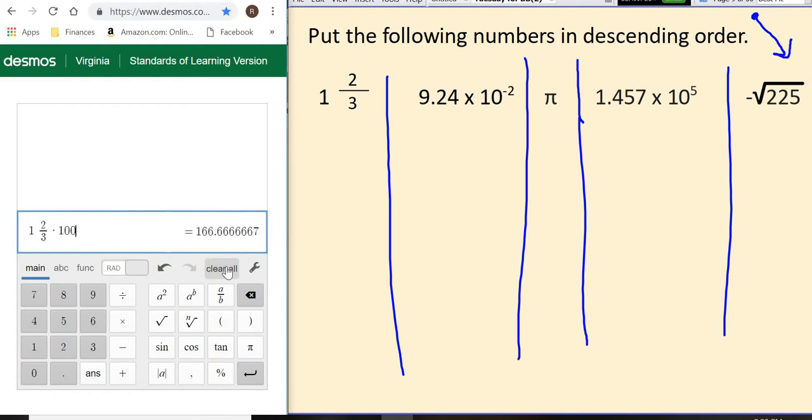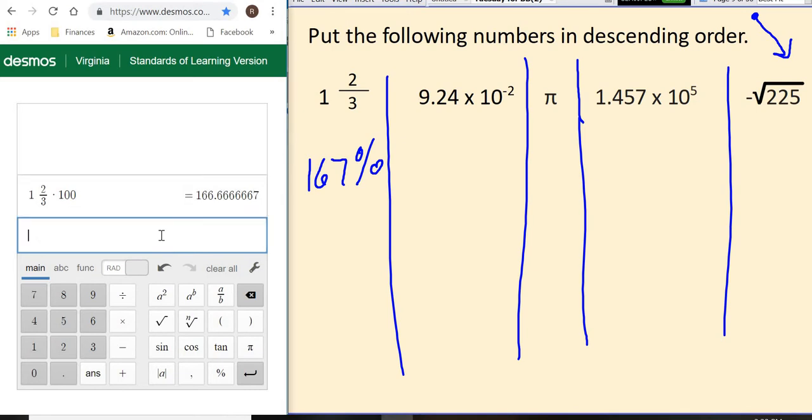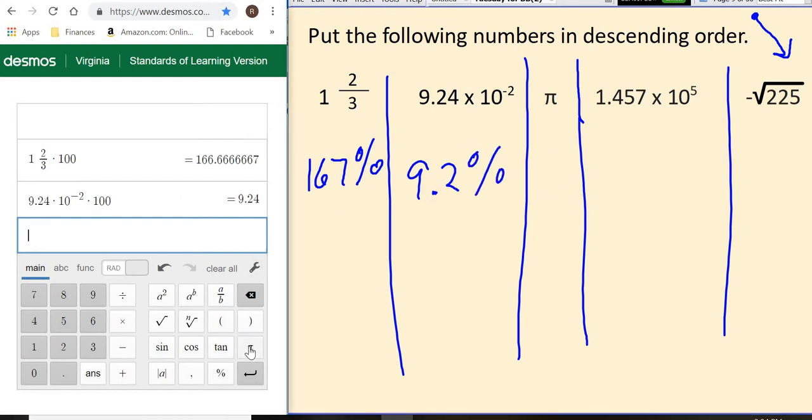That gives me 167%. The next one, I'm going to come over here and I'm going to put in 9.24 times 10 raised to the -2 power. Then I'm going to move over a little bit and multiply that times 100 to get a percent. And that gives me 9.2%. Then we've got pi. So I'm going to go ahead and put pi in and multiply that times 100 to get, I didn't leave myself very much room,